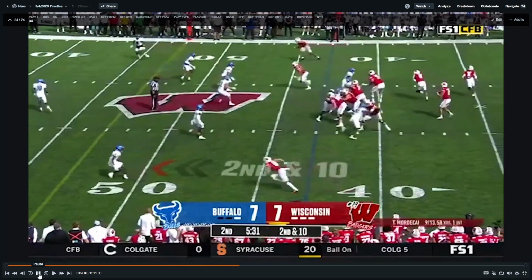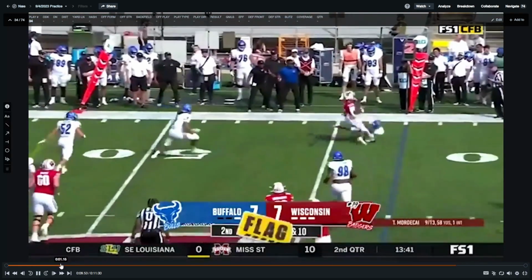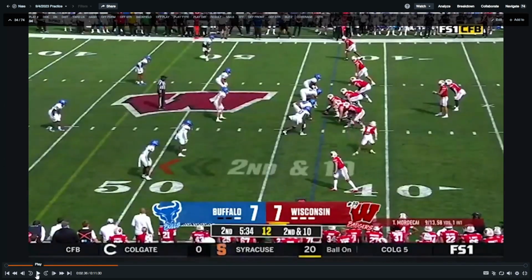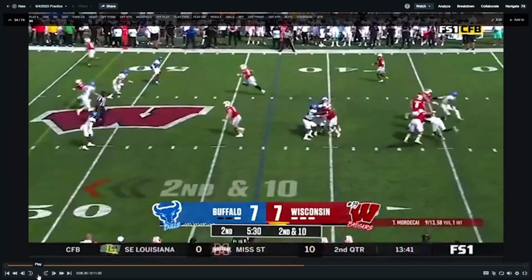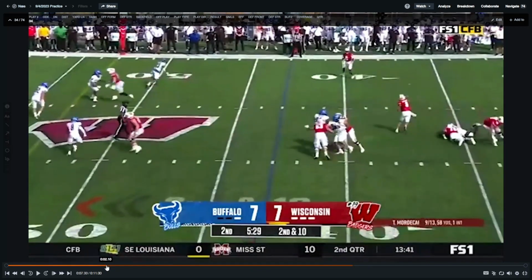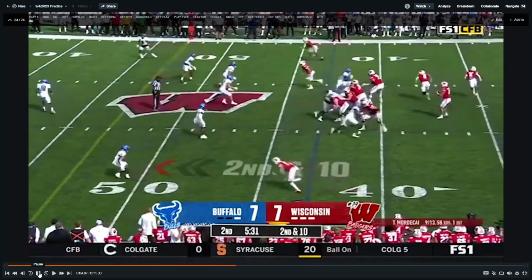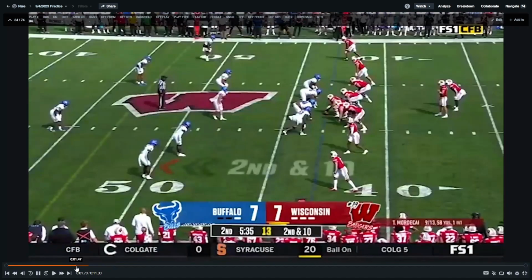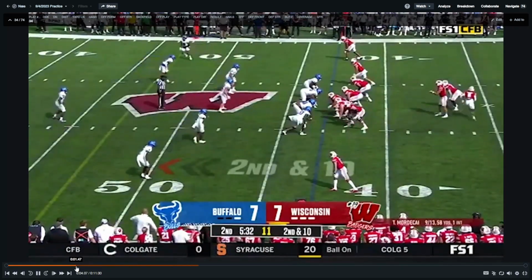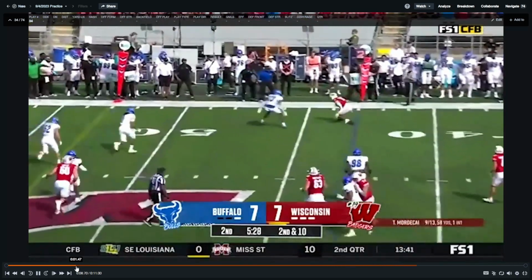A 2x2 motion. Going through progression. Not there. Check it down. Let's look at the route distribution at the top of the screen. We got fade. I'm sorry, it's probably turning into a check or turning into a deep curl. Number 2, running up the seam, sitting down. And then we're trying to get the running back up, essentially wheeling up the seam,